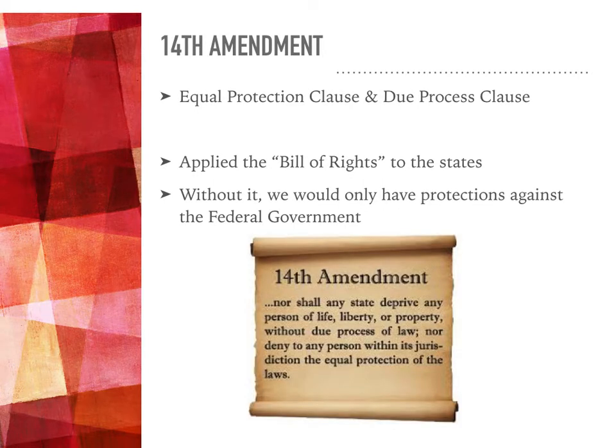So the 14th Amendment is a really significant amendment from a functional perspective. The first 10 amendments, the Bill of Rights, only apply to the federal government, meaning that the federal government cannot impinge on these personal freedoms. They don't apply to the state governments. So lawmakers realized they needed to pass the 14th Amendment to extend the protections of the first 10 amendments to United States citizens from not only the federal government but from their state governments.